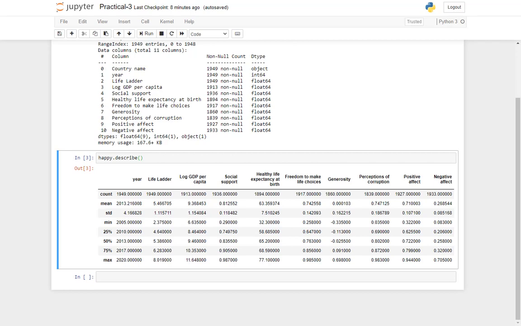For the other columns, let's say social support or life expectancy, having these statistics at hand becomes very useful.